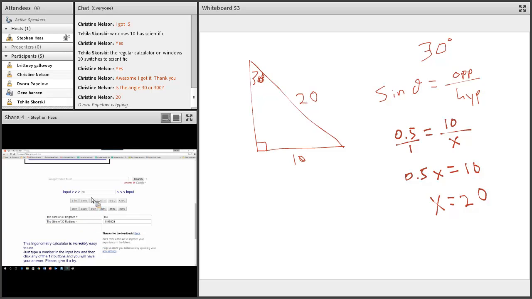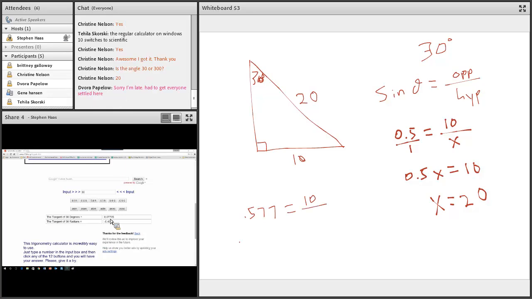So it's the 30 degrees. We want to figure out the tangent ratio. Tangent ratio is 0.577. We'll round it off to 0.577, and tangent is opposite over adjacent. So 0.577 is 10 divided by x, because we don't know what x is. No problem. And so we can then cross multiply once again and say